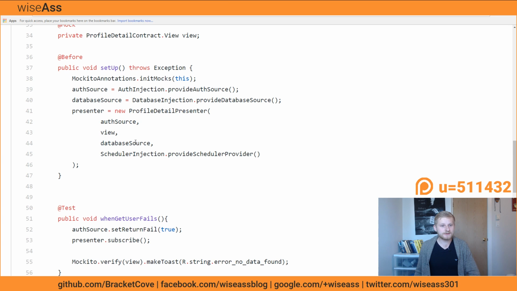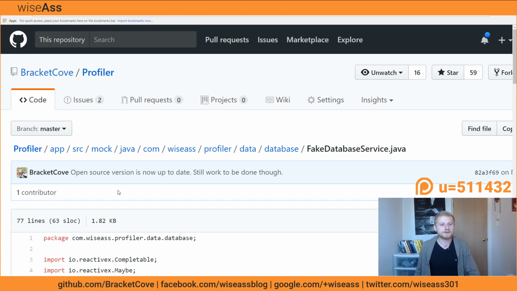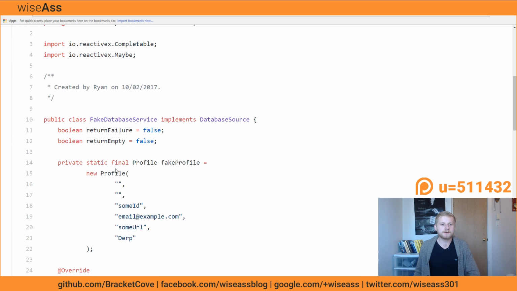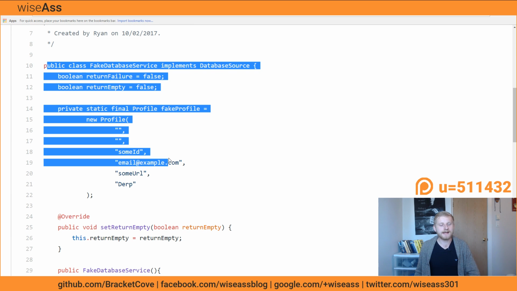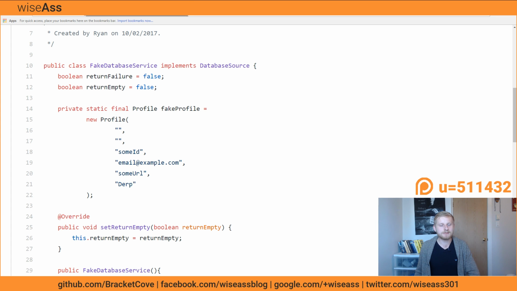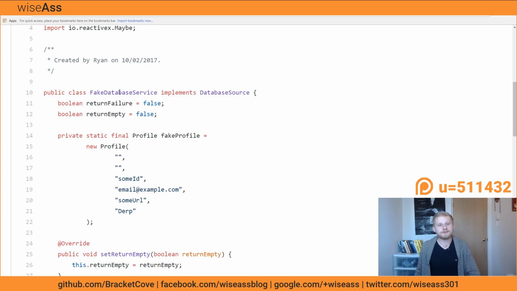And the way that I set up a fake, which is what this is essentially, is that in the case of a fake, you're creating an actual class, you're not using Mockito for it. And I would have my fake class implement the same interface as the actual class.